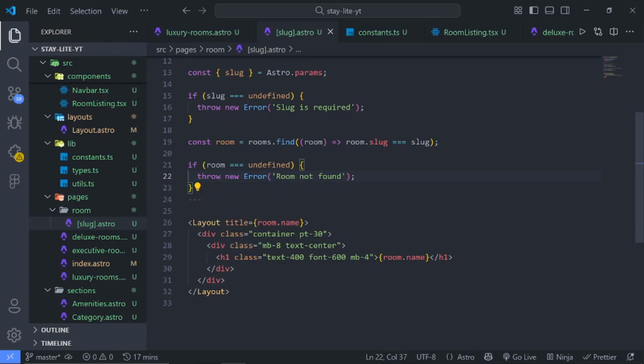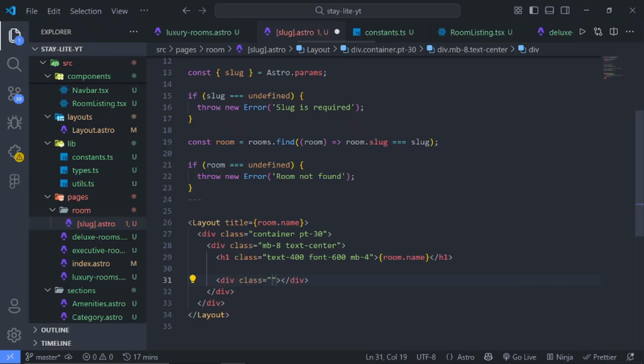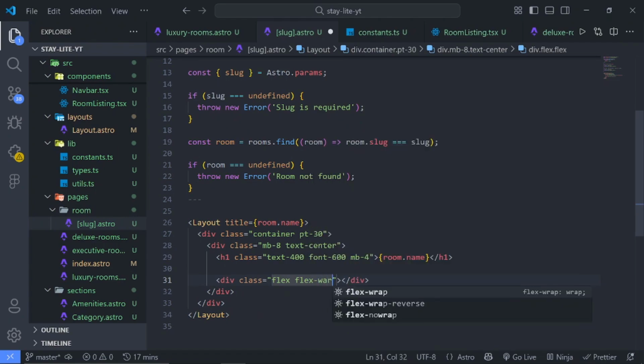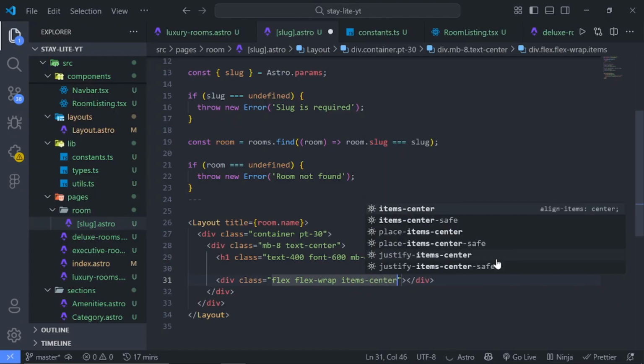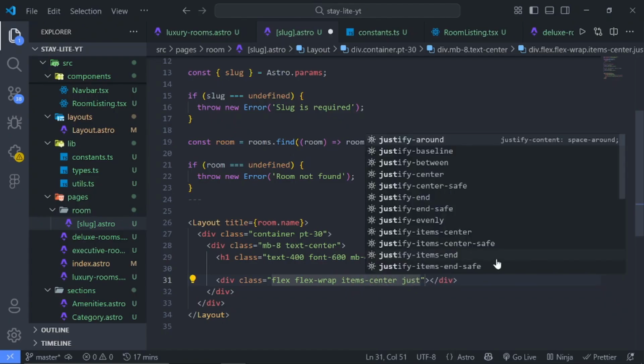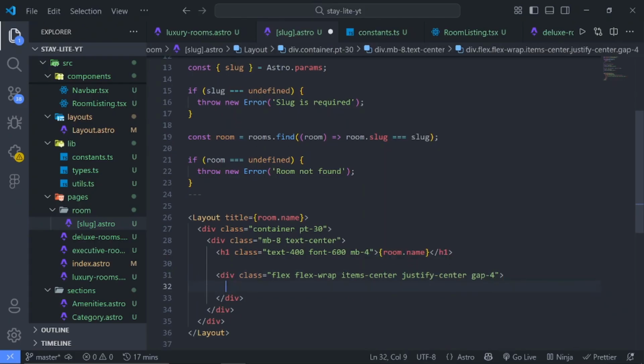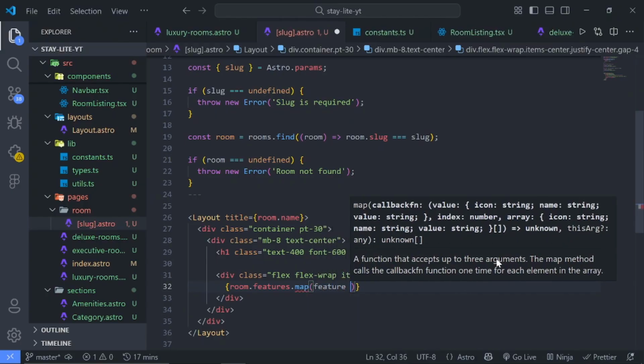So for the features, bring in another div, and I'll give this a class. This will be flex, say flex-wrap, so that it will wrap when we're on mobile. Then items will be center, justify will be center as well. I'll give it a gap of 4. And inside this div, in curly braces, essentially I'll map over the features. So say room.features.map, and for each feature,